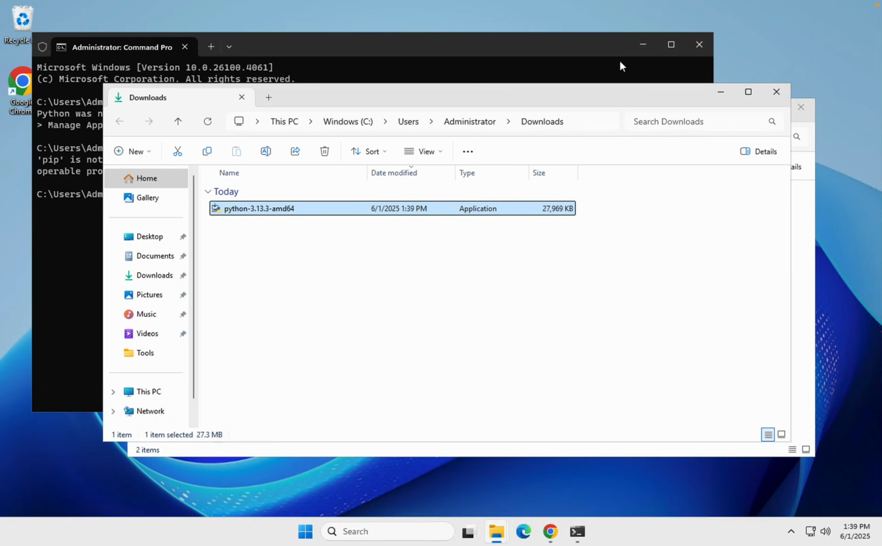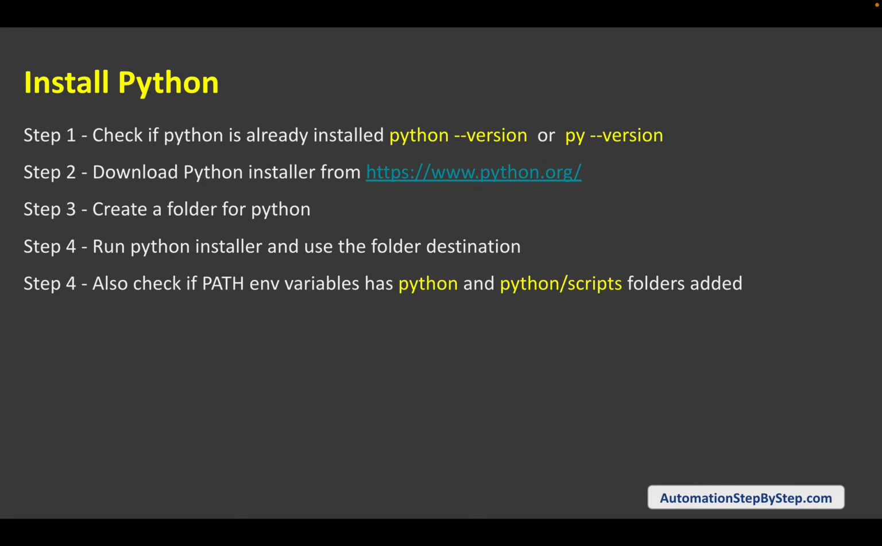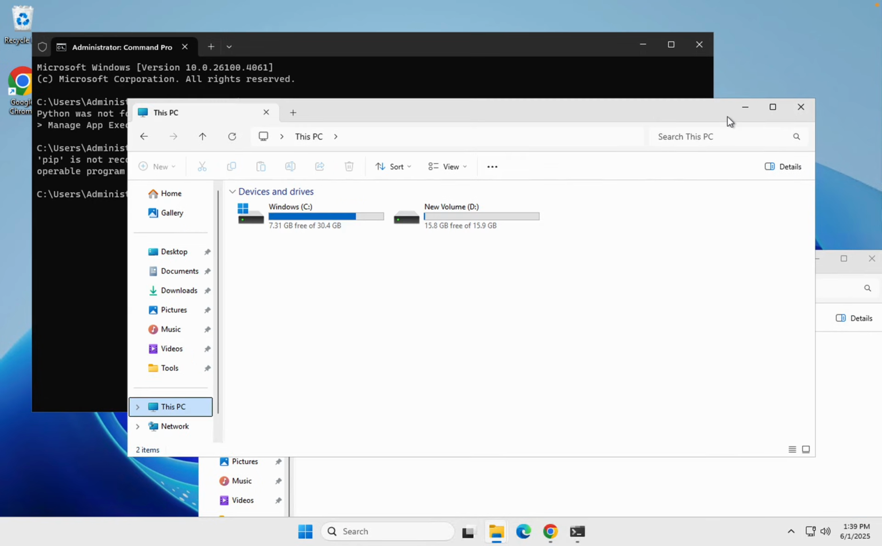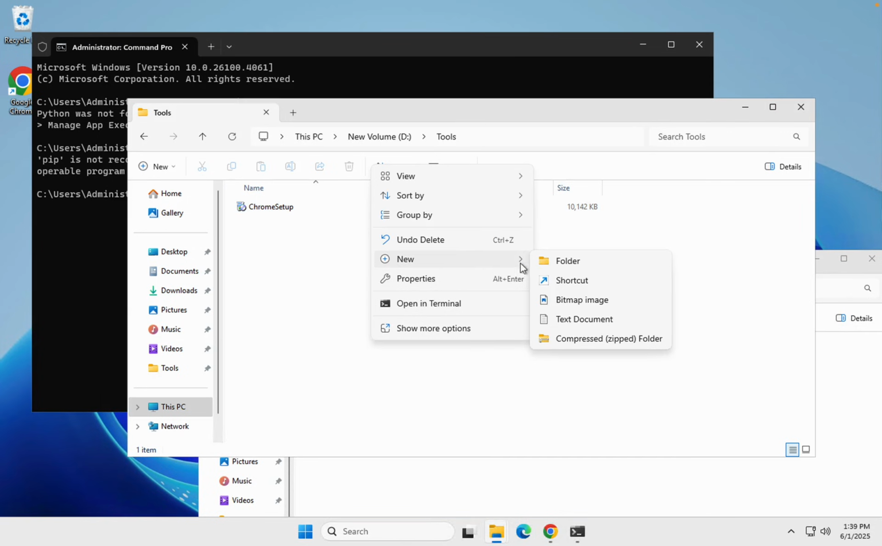Okay, now I will run the installer. So you can also create a folder for Python where you will install Python, and then we can set the path environment variables. So if you're running with the installer, you will get an option to add the path environment variables. So let us see. I will first create a folder. I want to install Python on my D drive tools folder, and I will create a new folder here, and I will call it